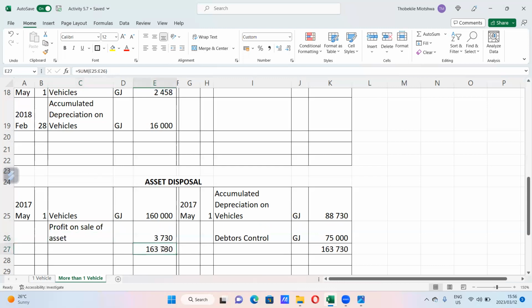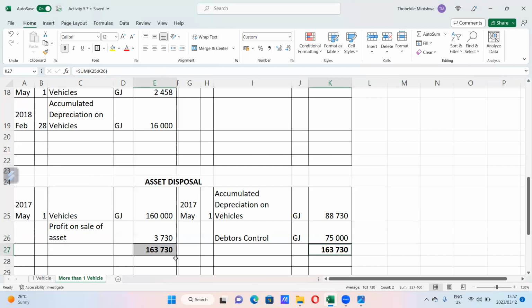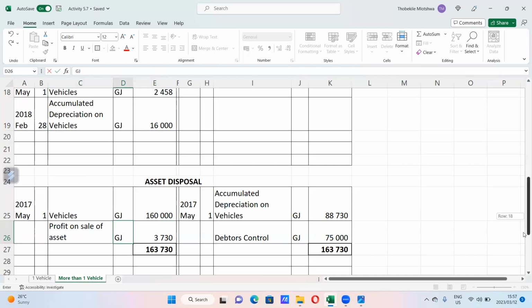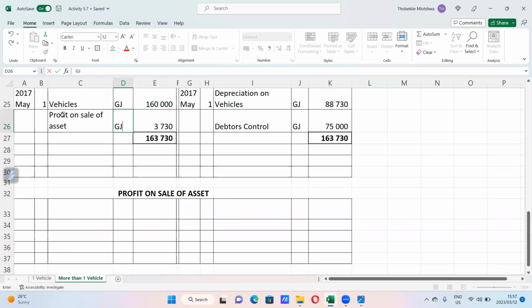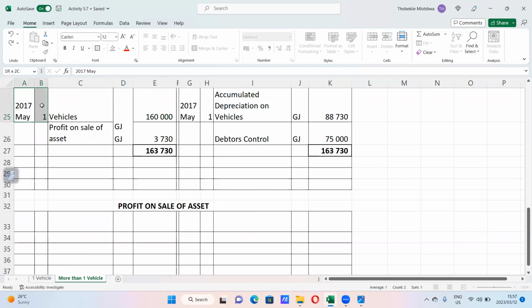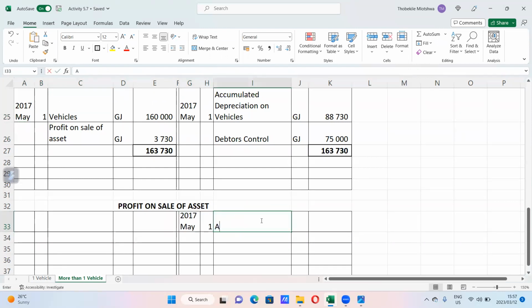And then this one is once again underlined like what you do with totals. And then we are not done. Double entry. If we debit this one, we must credit it in the profit on sale of fixed assets. So it's going to be, let's just write the same date that we sold it at. So we are going to say asset disposal here. That's the contra account. And the GJ again, and the profit is